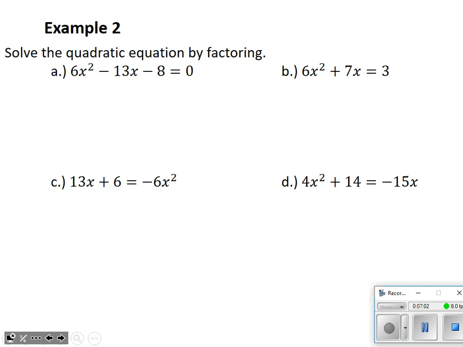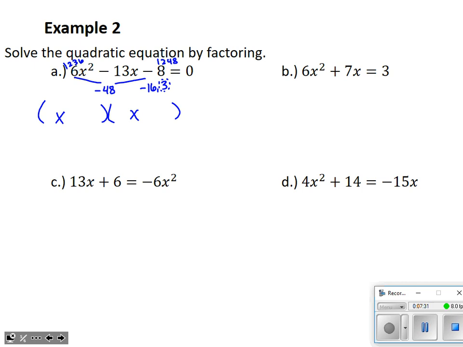All right, and our final set here, now we're going to solve by factoring when we have a not equal to 1, these complex trinomials. First step, make sure it's set equal to 0. We've got that in letter A. Let's get going. 6 times negative 8 is negative 48. Let's find our magic numbers. They're negative 16 and positive 3. Let's make a skeleton for our factors. The easier magic number is 3.